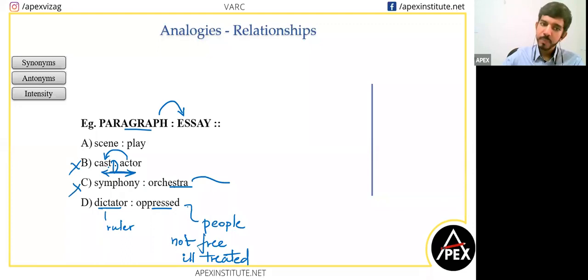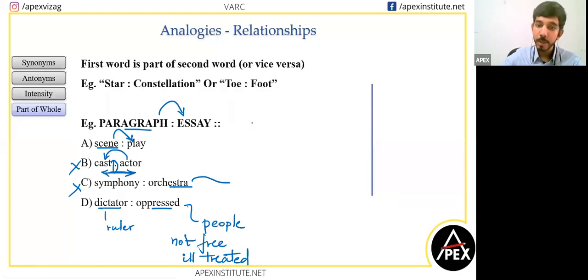Shravya, cast is a group of actors in either a play or a movie. So any movie or play has a cast, a group of characters. That's the list of actors. Okay. And can we say scene is a part of the play? So those who got it right, perfect. Right? So